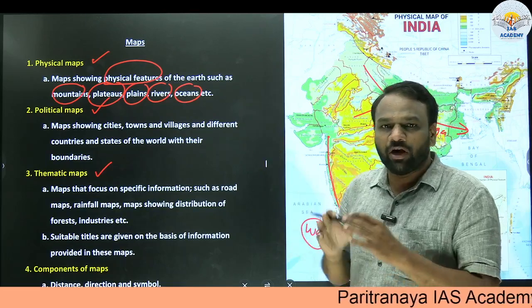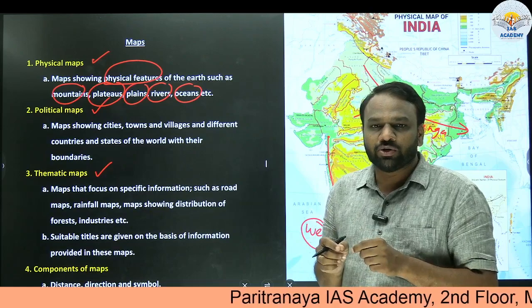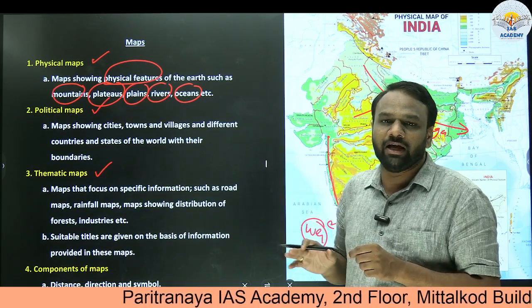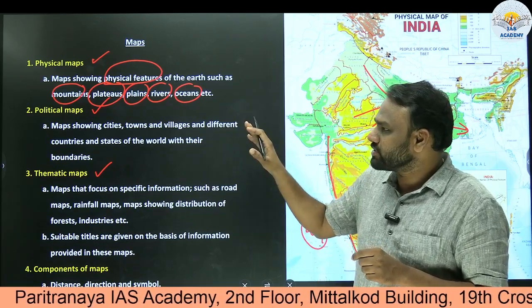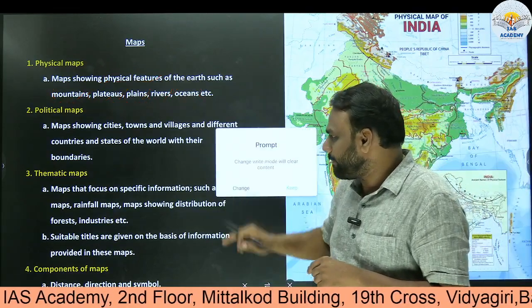In a physical map, we will not have information like the name of the state or the name of the country. Here in physical maps, we do not focus on political aspects like the name of the state or the name of the country, but only on physical features. Whereas when it comes to a political map,